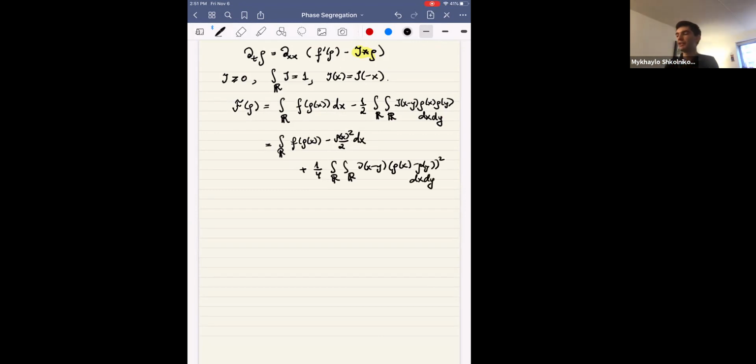All right, and so now, first of all, it's easy to convince oneself that the two expressions for the energy are the same. If you look at the square over here and multiply it out, the mixed term will give me precisely the double integral I had before. And the two quadratic terms will be the same because of the symmetry of J, and they will cancel out precisely with this quadratic term that I placed in the first integral. So these two expressions for the energy are actually the same.